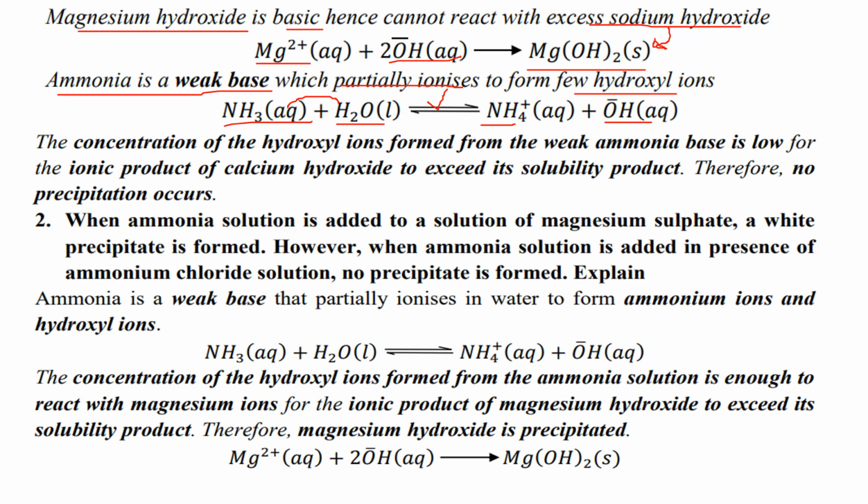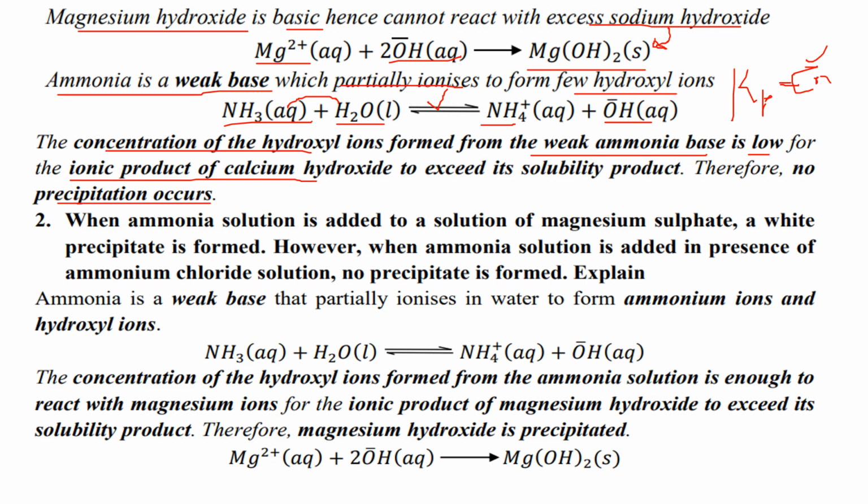Now we are saying that here, the concentration of the hydroxide ions that are found from the weak ammonia base is going to be too low for the ionic product of calcium hydroxide to exceed its solubility product, and therefore no precipitation is going to take place. So if we are adding a weak base, we expect it to produce very few hydroxide ions. If you get the ionic product, by multiplying the molar concentrations of the ions in solution,